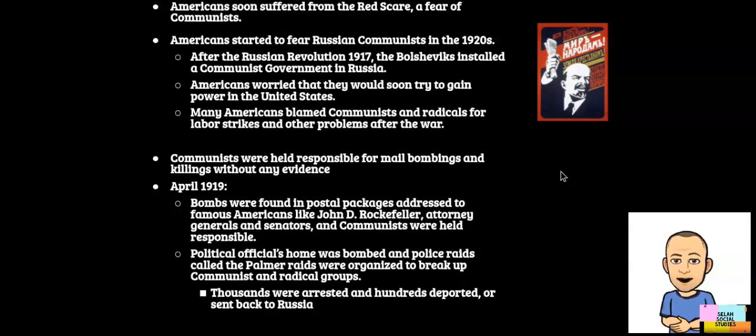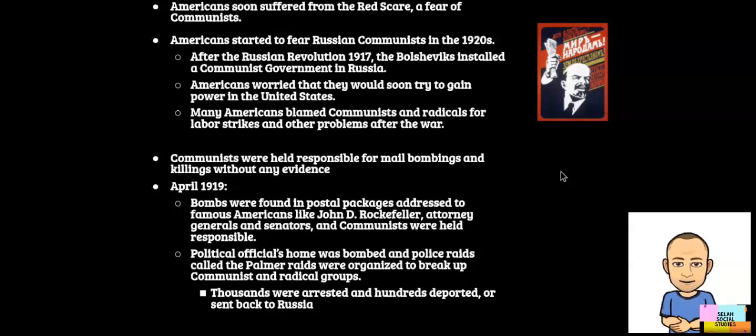And after the war, Americans feared that communists would attempt to gain power in the United States, and that led to another fear and scare of another group of immigrants and government ideas as a whole. The Communist Labor Party was formed by radicals in 1919 and was blamed for many of the 3,000 labor strikes after the war. In the spring of 1919, nearly 40 mail bombs were sent in the mail to many senators,